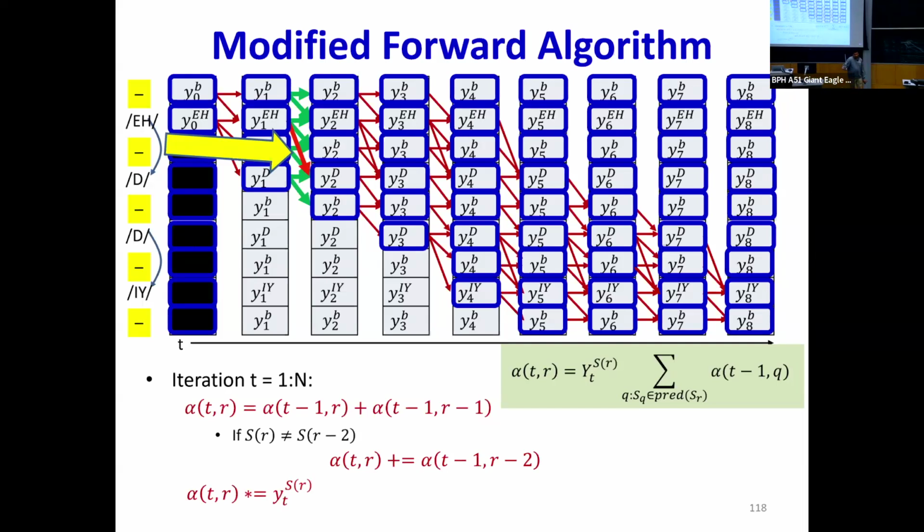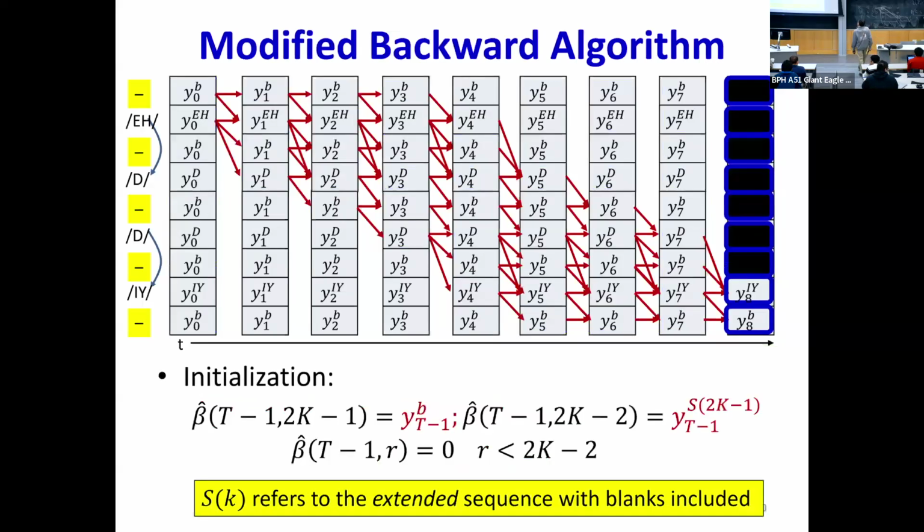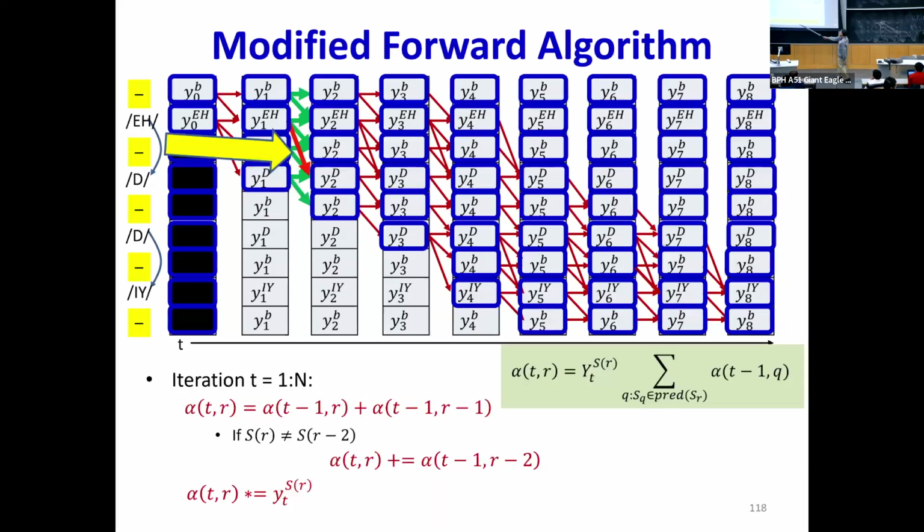This makes sense? This considers everything, right? The fact that you can't skip symbols, that you can only skip a blank if the symbols on either side are different, and so on. And so I can just use this rule and compute my alphas going forward all the way to the end